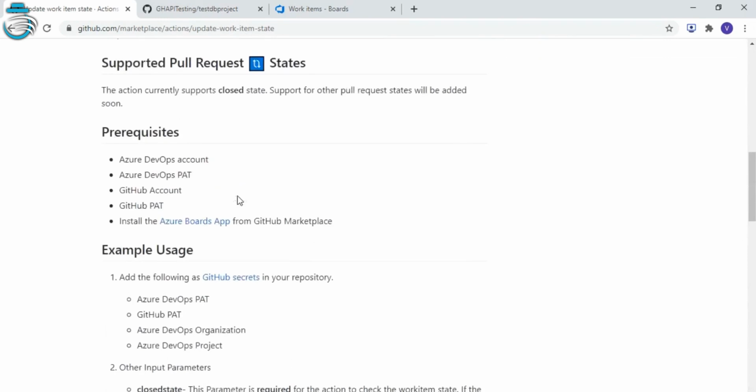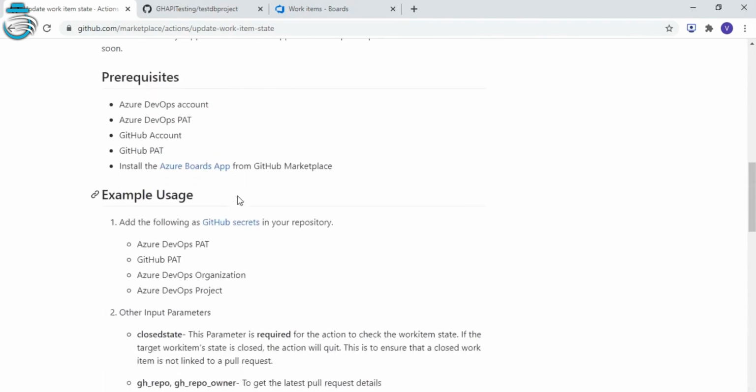Before we start the tool, let's go through a few prerequisites. To perform this action, it requires your Azure DevOps PAT and your GitHub PAT to be generated, and your Azure Boards must be installed from the GitHub Marketplace or added as a GitHub connection on your Azure DevOps project.